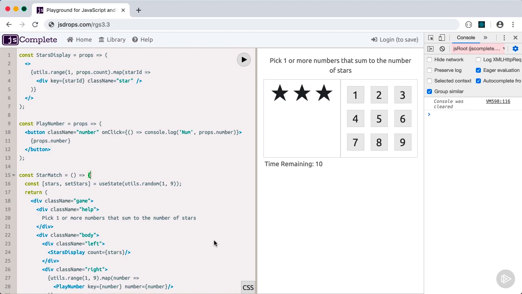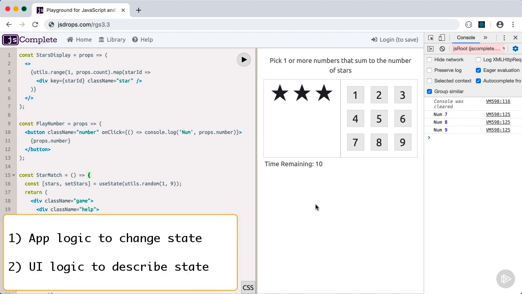Let's now start thinking about what will actually happen when we click on these numbers. There's some math logic that we need to come up with, and that's mostly JavaScript. But here's the thing. For every behavior you're trying to implement in a React application, there are two aspects to it. There's the actual logic for the behavior, and there's the UI logic to describe what this behavior is going